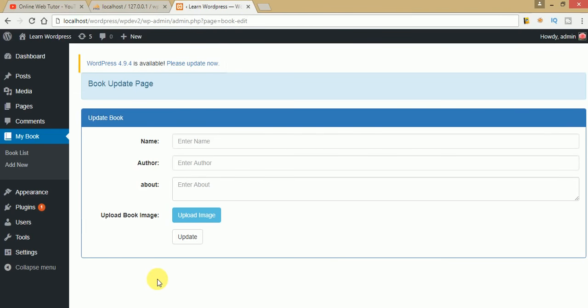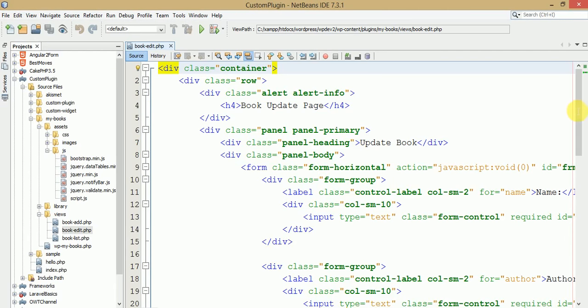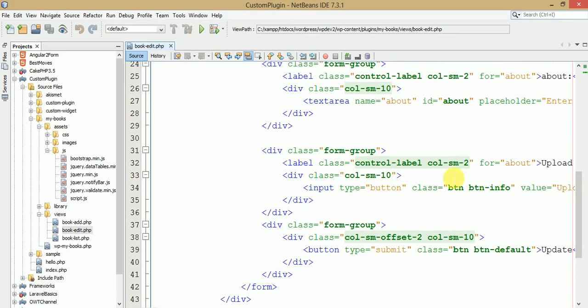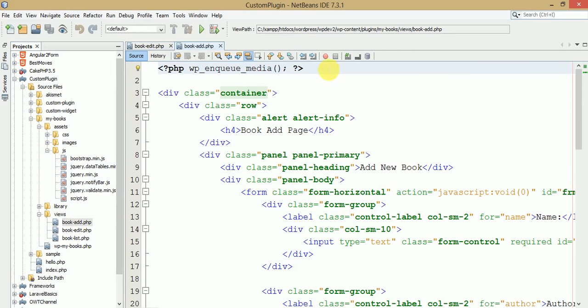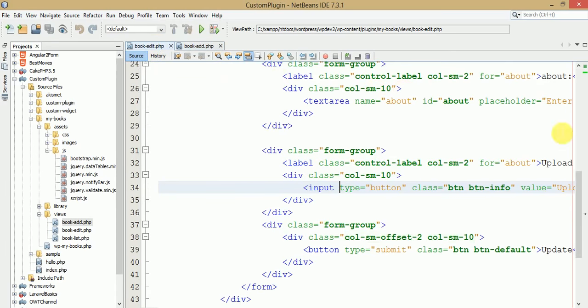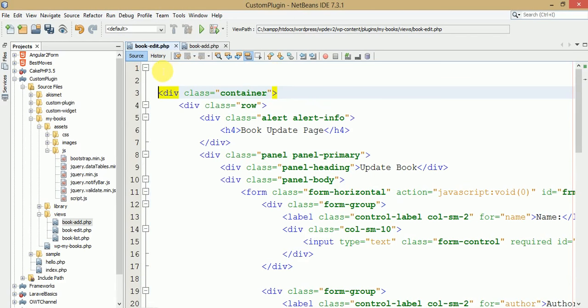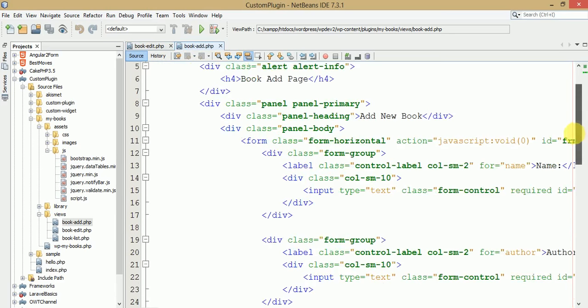First of all, let's change the upload image button. When we click on that button, we will be redirected to the media gallery. So just go to the editor, and here you need to change the input type button. Let's open book add also, because we have implemented such functionality here as well. Just copy this, go to book edit, and within the top section just paste what we have copied. The next thing we need to do is scroll down,